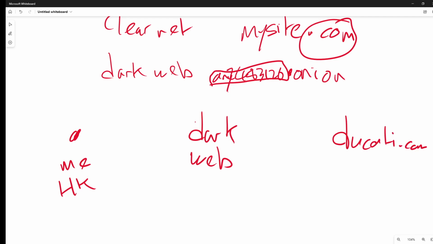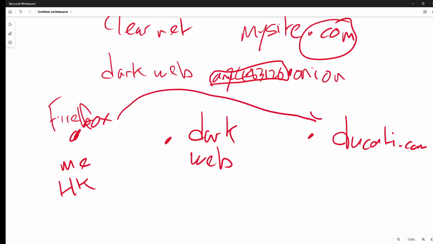If I were to use something like Firefox, Firefox would go straight to Ducati.com. But Tor browser will go to the dark web first.